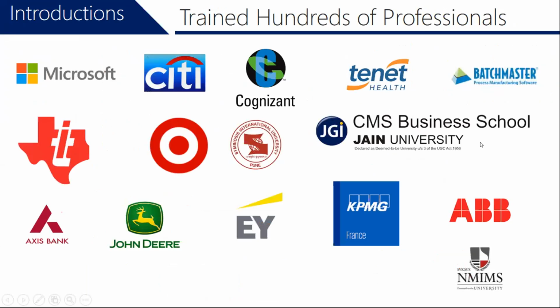Fantastic. All right, folks. So we've actually been training for a wide variety of educational institutions, corporates, as well as retail learners. And some of what you see on the screen, Microsoft, Texas Instruments, Ernst & Young, ABB, these are some of the companies from where learners have actually come, Tenet Healthcare, Target, but a lot more really. We've just tried to capture some of the companies and institutions where we've actually trained people.